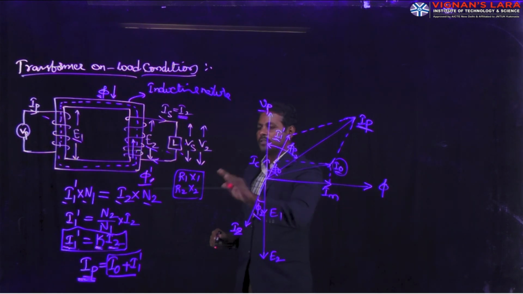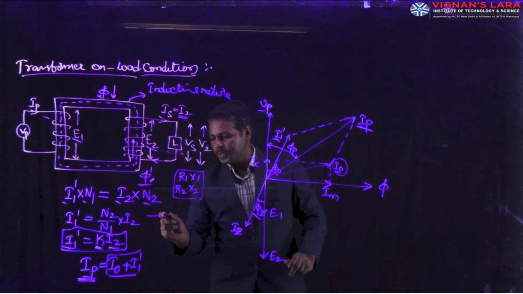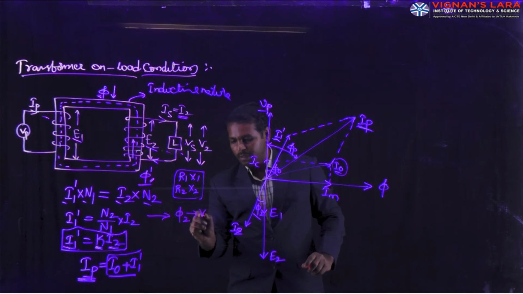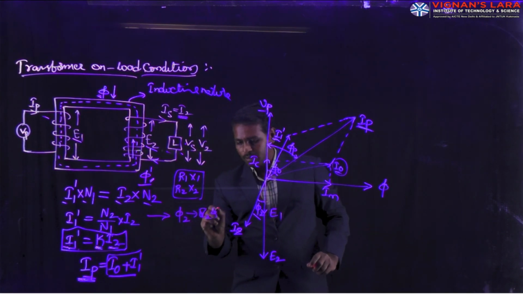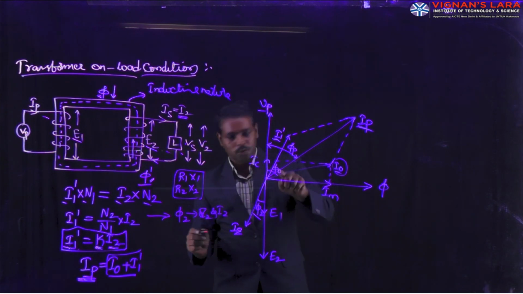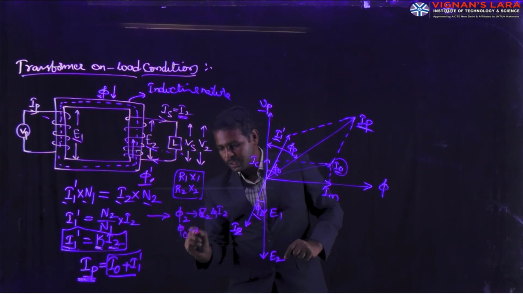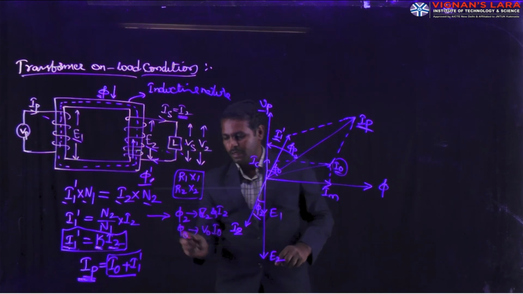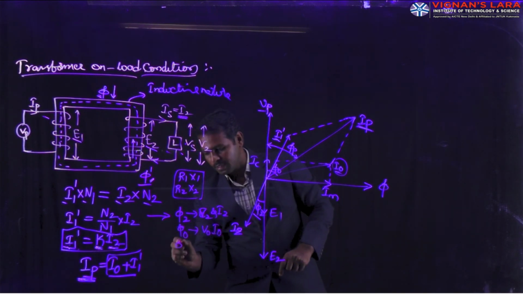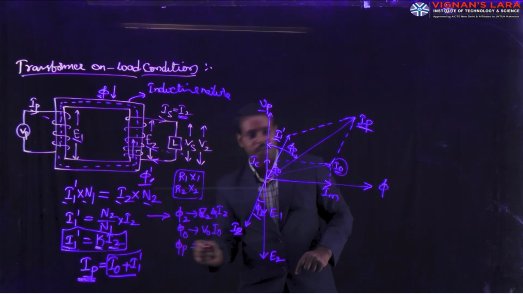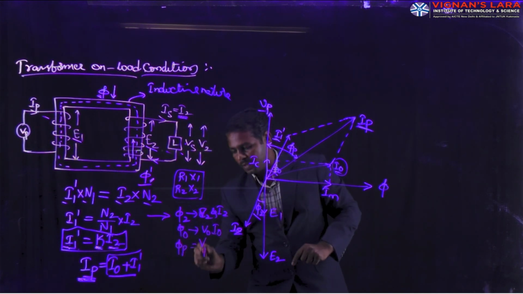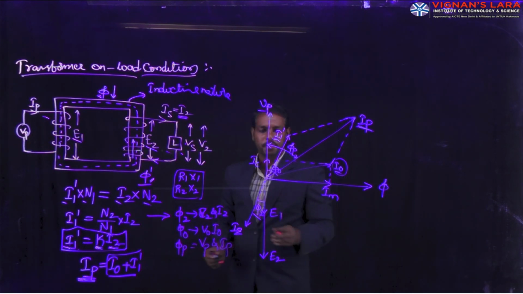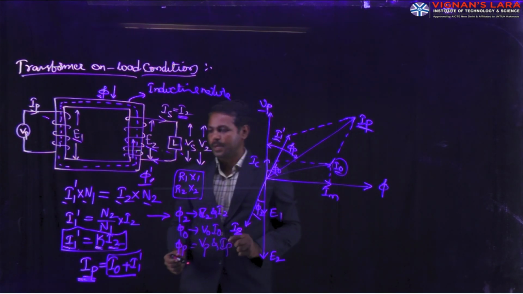In this transformer, we get three types of power factors. One is the load power factor, phi 2, between E2 and I2. The second is the no load power factor, phi 0, between V0 and I0, or V1 and I0. Another is phi P, the angle between VP and IP. These are the three power factors existing in a transformer when operating on load.